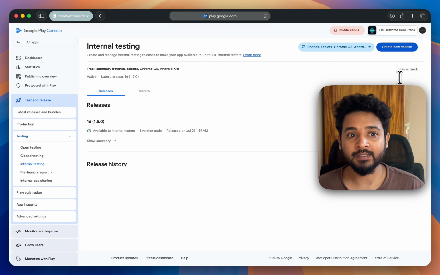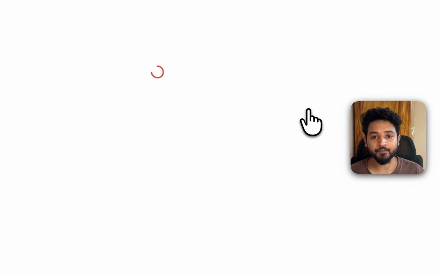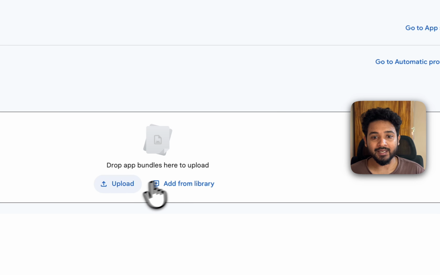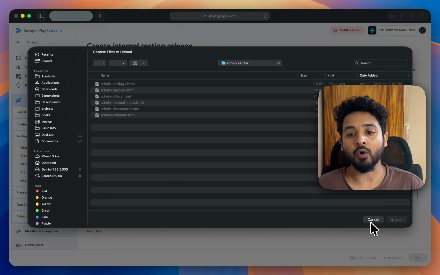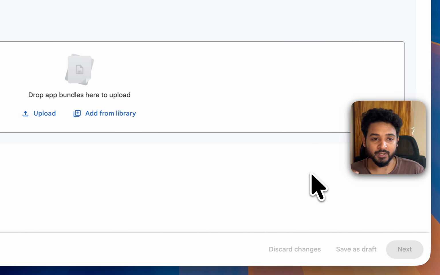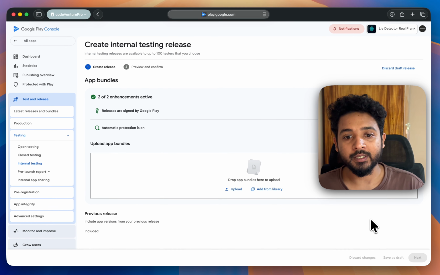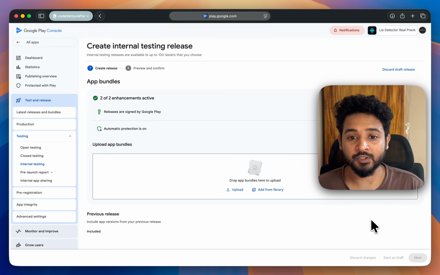So let's first update the version. To update the version, just click on create new release, and you can upload the same version you have already uploaded on production, but it will not work because we have to upload the new bundle file with an updated version code and version number.